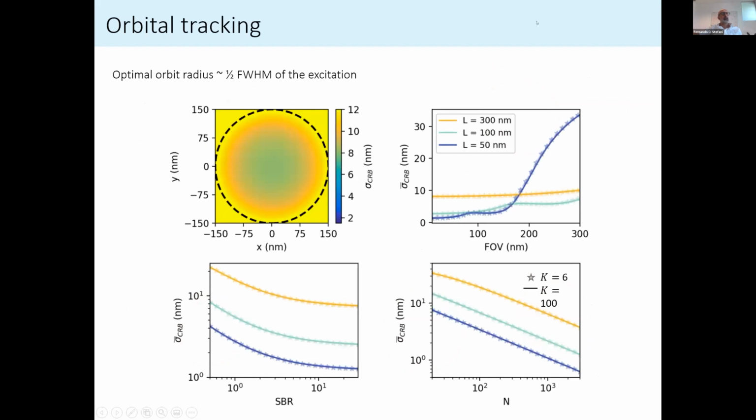Here you see, for example, a calculation for orbital tracking. Orbital tracking using a Gaussian beam has a characteristic that it has an optimum radius for the orbit that is roughly half of the full width at half maximum of the excitation field. So if you use a smaller radius, the method becomes worse, and if you use a larger one, the method becomes worse again. So there's an optimum radius. And here you see results for such an orbit, and you can see that in this case, using 500 photons, you can get very high precisions in the order of 10 to 12 nanometers inside the orbit. Here you see